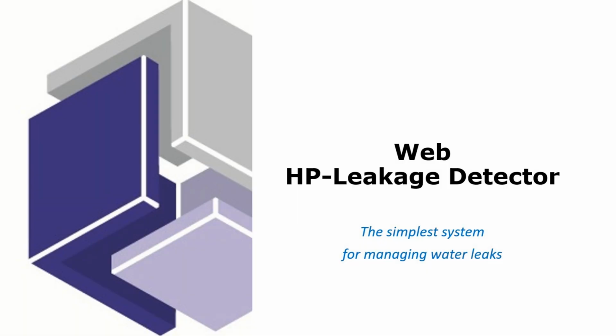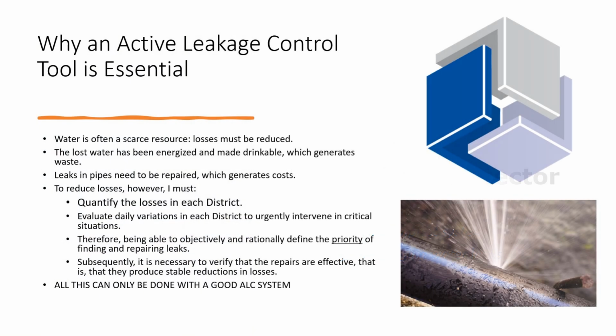Web HP-Leakage Detector is the simplest system for managing water leaks in the aqueduct. To frame the problem, we must ask ourselves why it is essential to have a leak management tool, an active leakage control system. Firstly, it must be considered that water is often a scarce resource and therefore losses must be